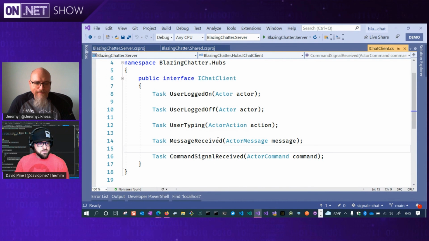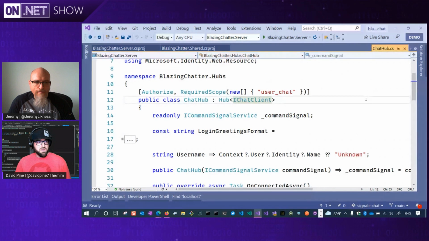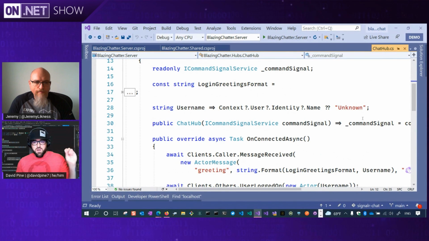And then we've got an actor message, which represents a message as it's being received, and then a command signal. And there's various commands. So I went a little above and beyond with this application. And one of the things that I added was a background hosted service that's sitting there, and it's accepting commands. So from the chat window, if no one is around and I'm bored, I can actually interact with that hosted